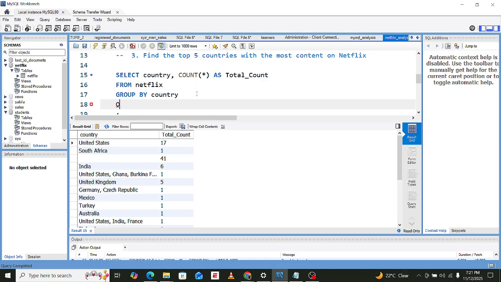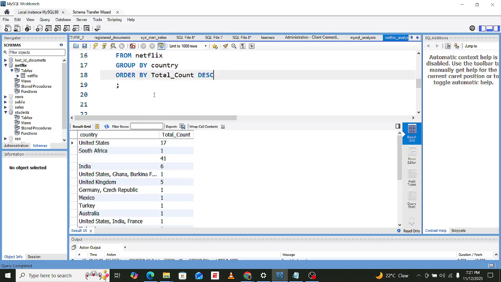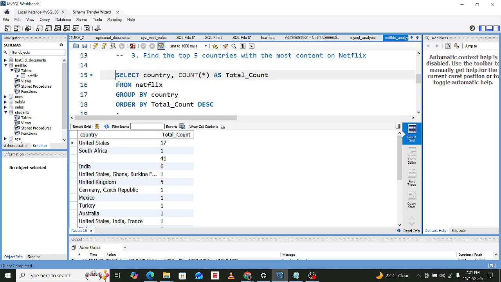You want to order by the total count. Do you want us to use descending or ascending order? Descending order. Okay, let's see this.